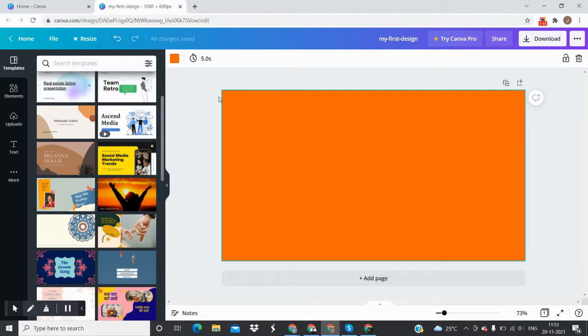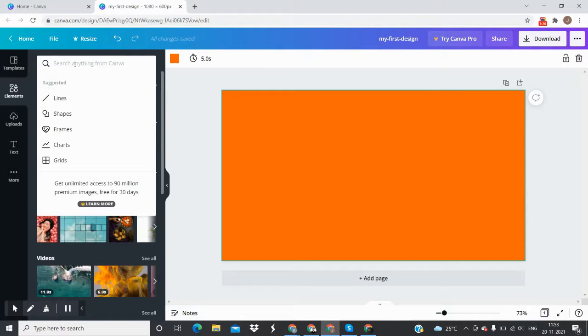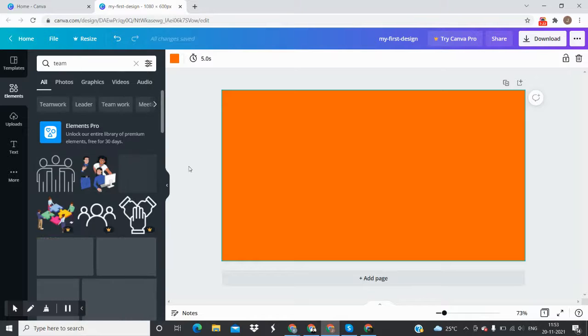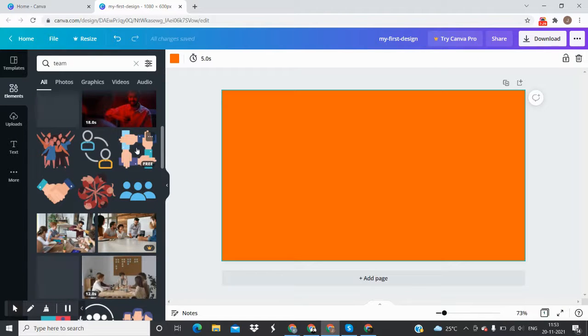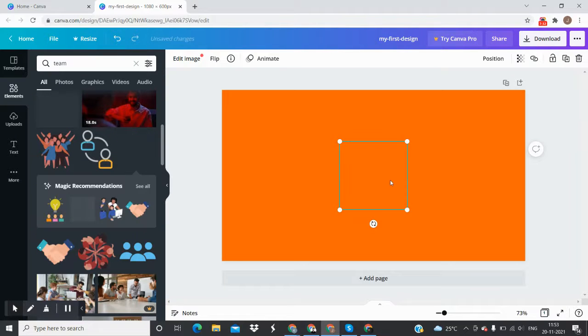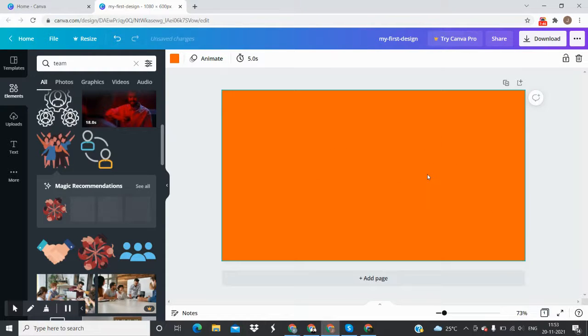And then you can just go to elements section, and suppose you want to add some kind of theme. All right, you just search theme, and there are a lot of themes. This is pro, this is pro, this is pro, and you get a theme, this one, or maybe not this one, so this one, right? So it will be uploaded here, and you can just increase the size, decrease the size,